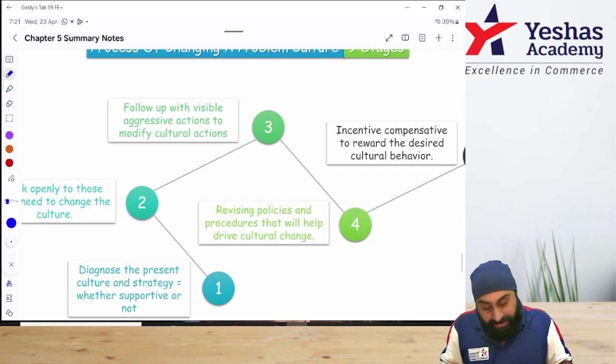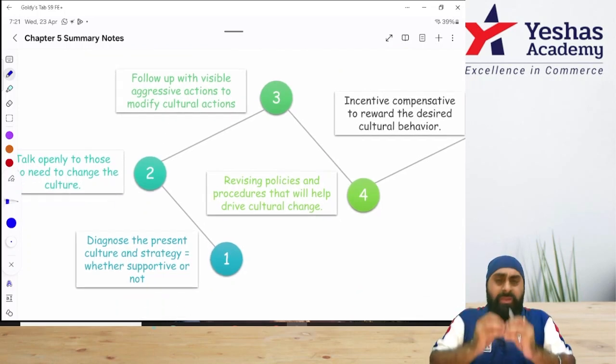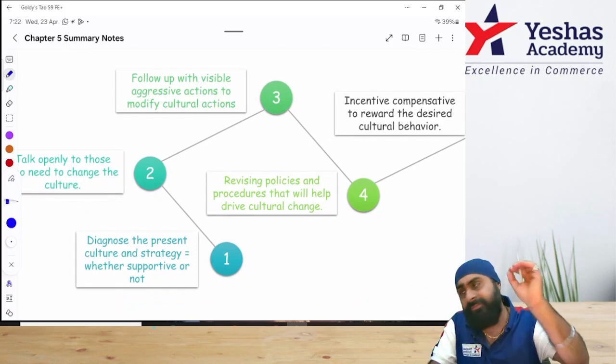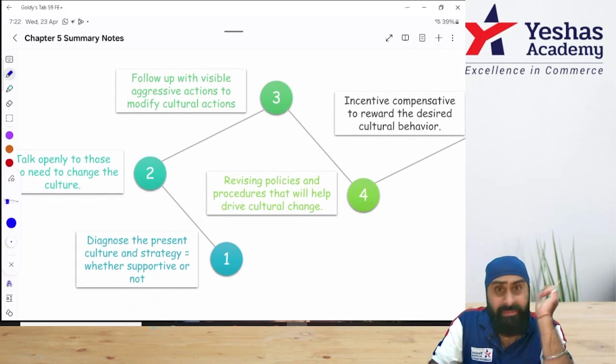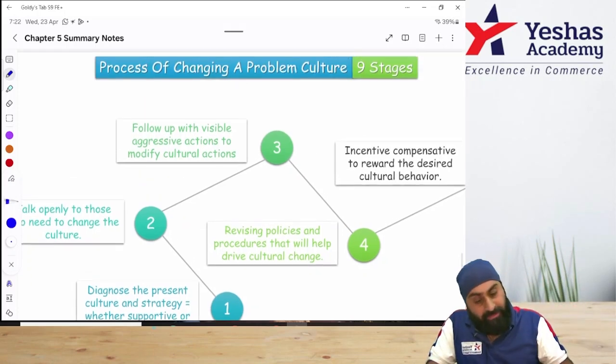One very important thing. Let's talk about diagnosing. I'm going to give you a very beautiful example, a very lucid example which can help you understand at your level. I would like to give an example with students